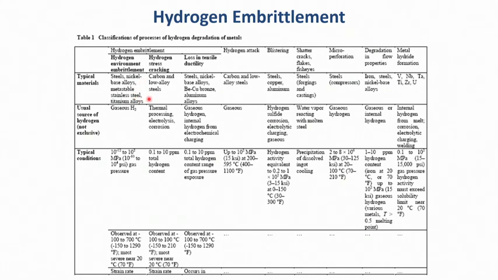Like steel, nickel based alloy, metastable stainless steel, here there may be hydrogen stress cracking. In carbon alloy, hydrogen environment embrittlement is observed, and the typical condition is 10 to the minus 12 to 10 to the 2 MPa gas pressure. When the gas pressure is increased, there is also the problem of stress corrosion cracking, which is called hydrogen stress cracking, and usually carbon and low alloy steels are subjected to this kind of problem. There is loss of tensile strength and tensile ductility of the component, observed in steels, nickel based alloy, beryllium, copper, bronze, aluminum alloys. Typical hydrogen attack is observed in carbon and low alloy steel in gaseous hydrogen environment